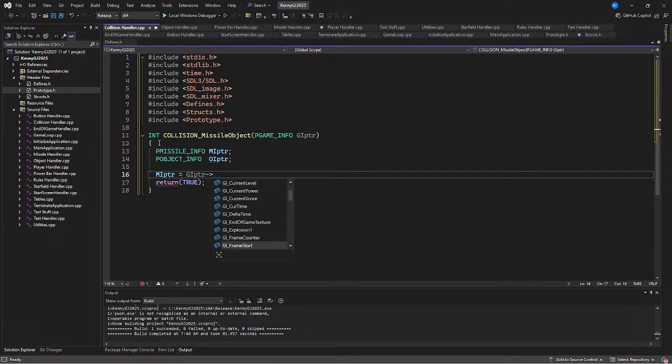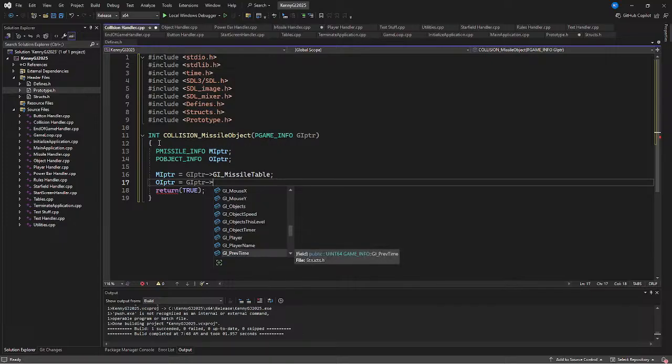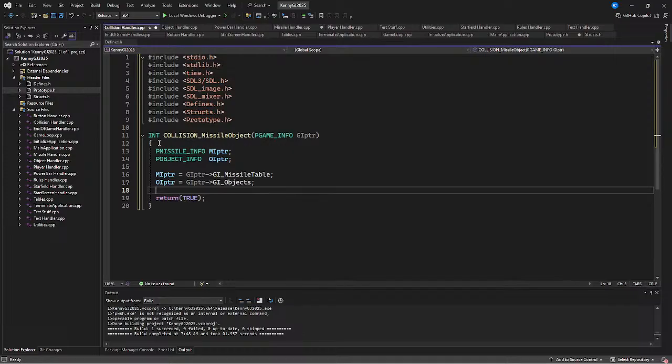Point that to the missile table. And OI pointer equals, we point that to the object table, and then just call it objects. I should call it object table. That means I'd have to go back in there and change all that stuff. So